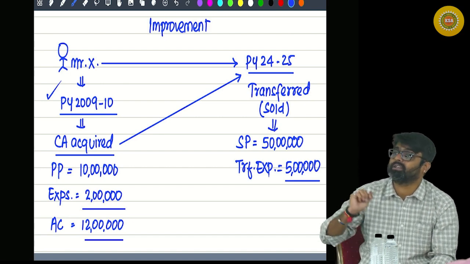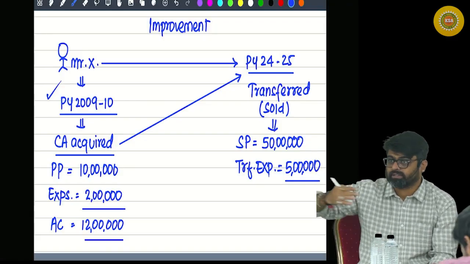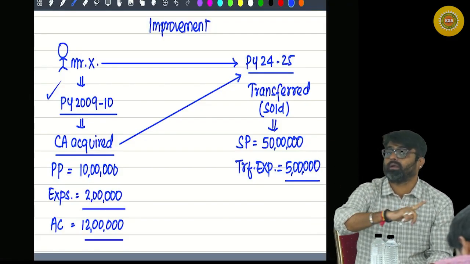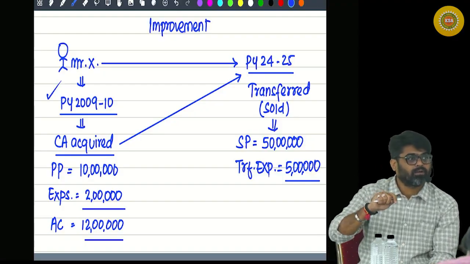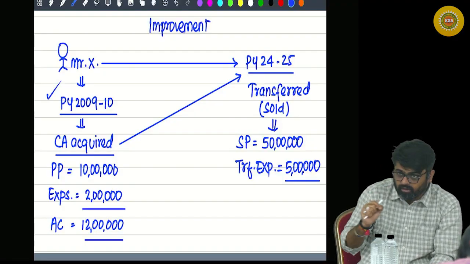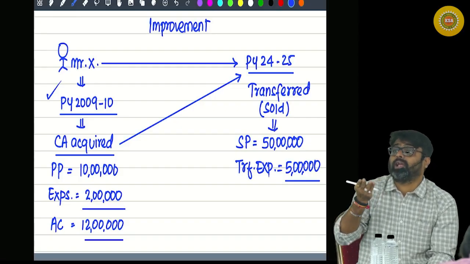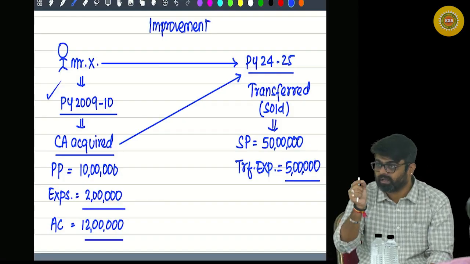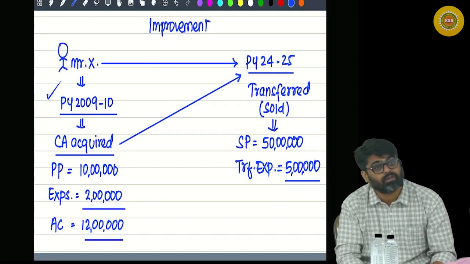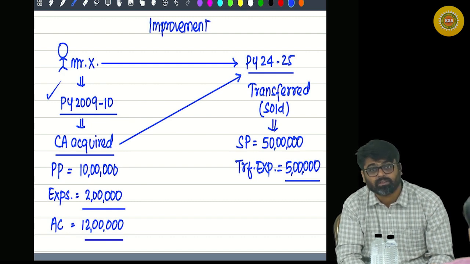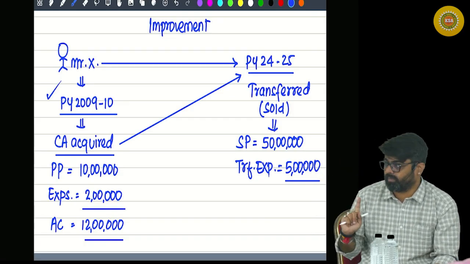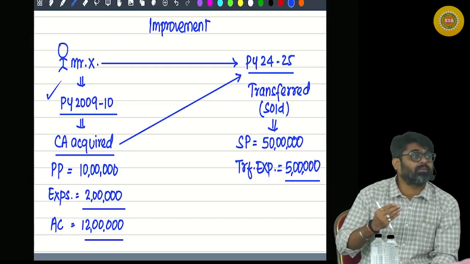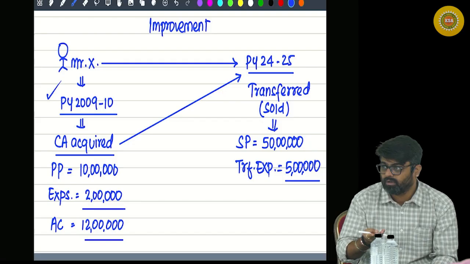Yes or no? I did some extension. I broke these walls and extended the classroom so that the area increases. Earlier the classroom was small, having small area. Value was less. Now the extension was done, the area increased. So definitely the value will also increase. So the cost of extension will be your cost of improvement or will not be your cost of improvement? It will be your cost of improvement. Yes or no? So any improvements done by you, improvement means any cost incurred by you,